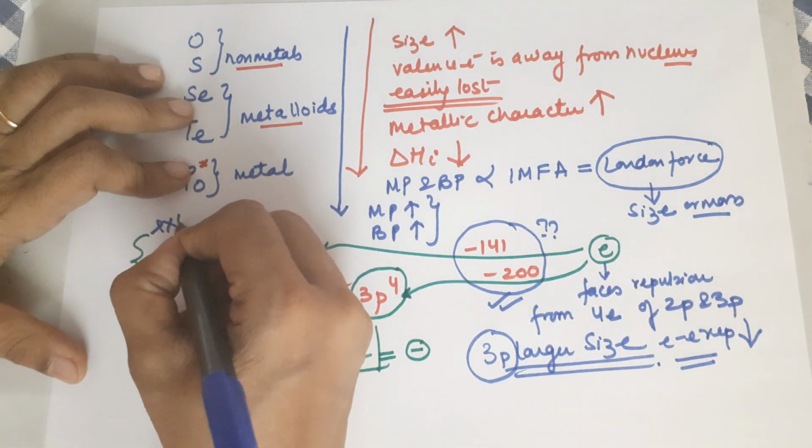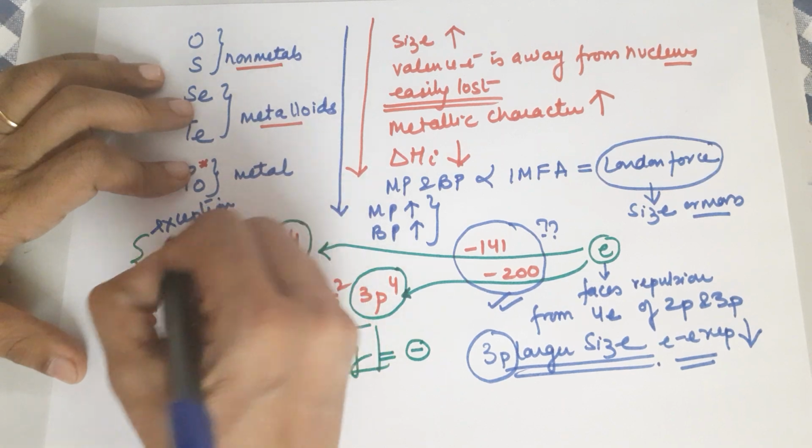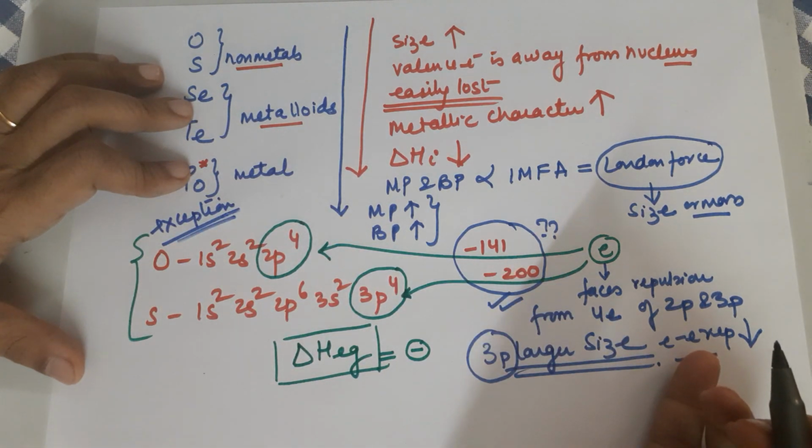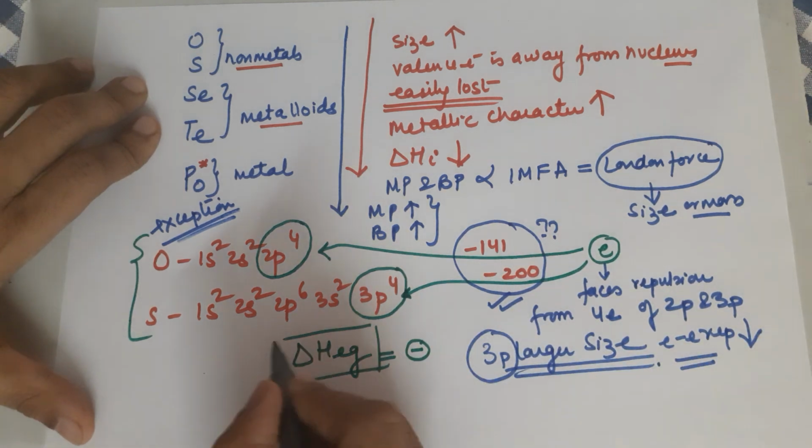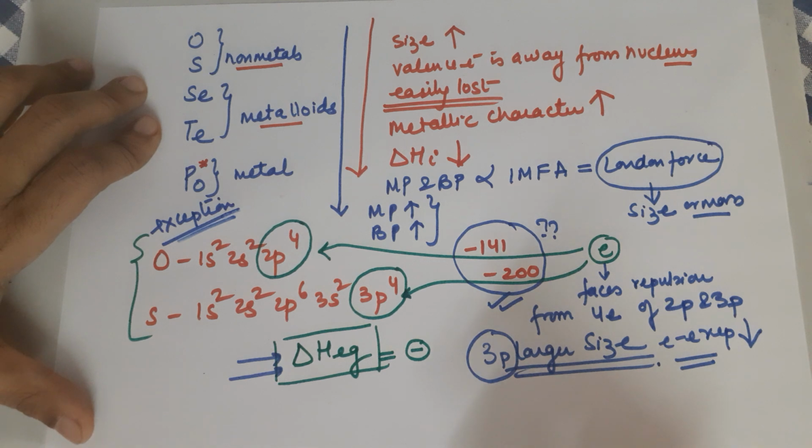This is an exception which was also done in class 11th, unit 3, periodic classification of elements. If you have any doubts regarding the topic of electron gain enthalpy, please refer to the video of class 11th periodic classification of elements. Major topics of this particular unit are done in that playlist.